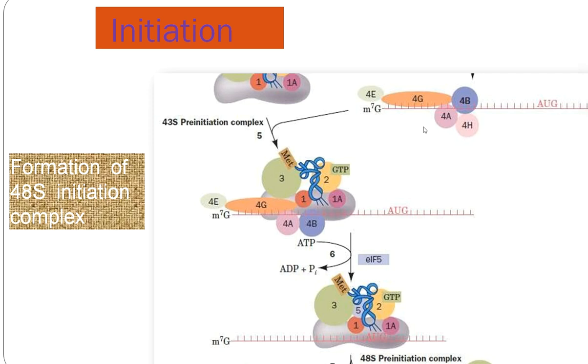The 4F complex is composed of 4G, 4E and 4A. So the whole 4F complex is a cap binding factor. 4E recognizes the cap of mRNA, 4A removes secondary structure of mRNA, and